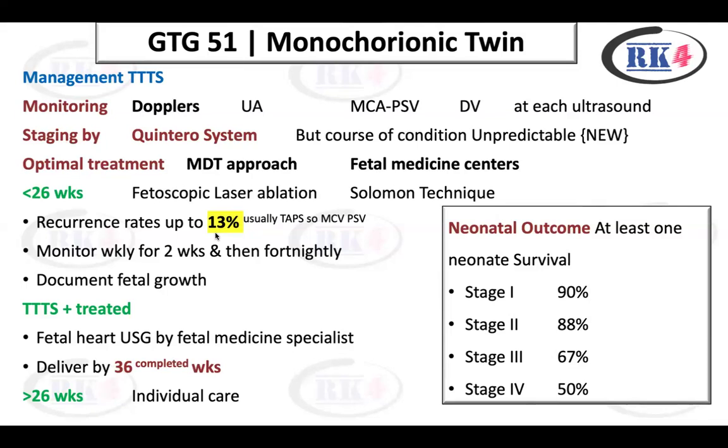They measure the neonatal outcome in terms of at least one neonatal survivor. So if you detect the problem at stage 1, there is around 90% survival chance. In stage 2, 88% survival chance. Stage 3, 67%, and stage 4, 50%. Stage 5 is not there because stage 5 is like fetal demise, right? Now,